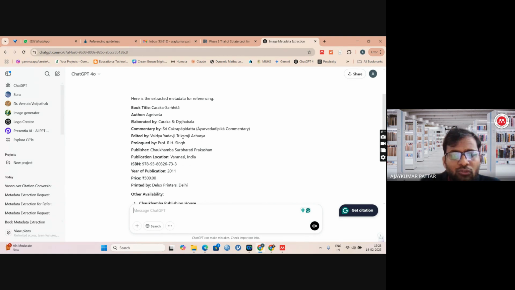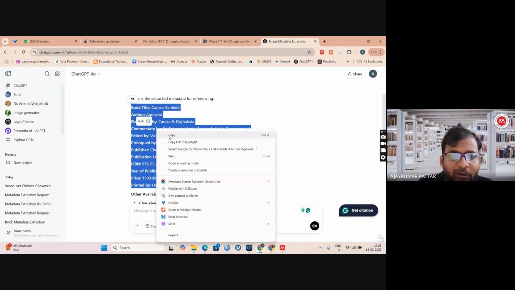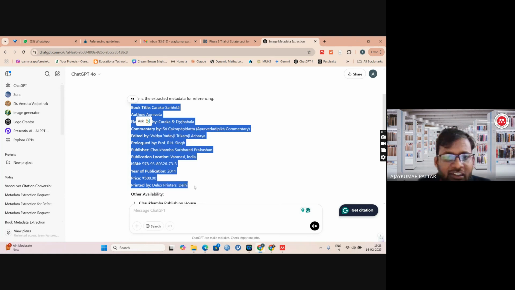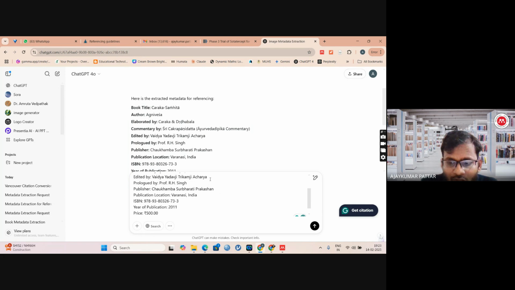Now what I will do, I will select this particular portion I want. I know by my knowledge, this is the metadata of this particular book. I will simply copy this information and paste it here, and I will edit some things, because here I want only names. So I will cancel this, and here also I will cancel this Acharya, because when we write the author name, it will take